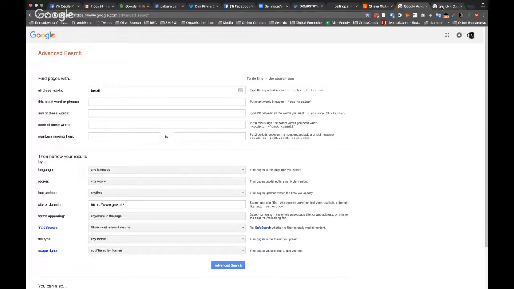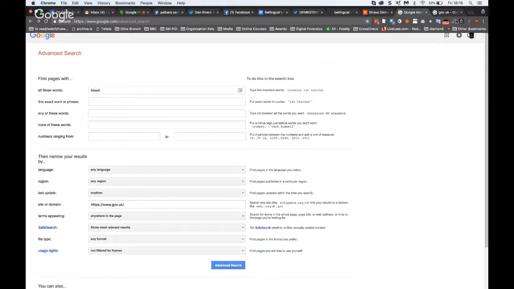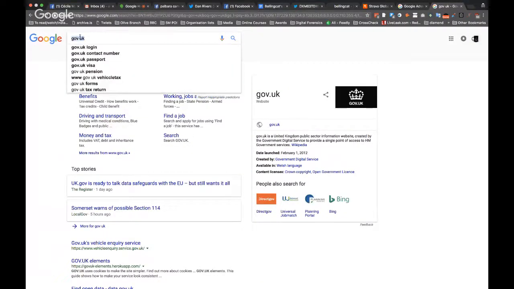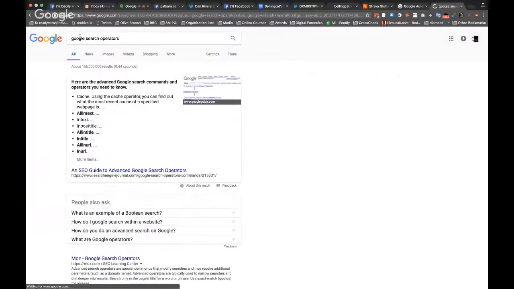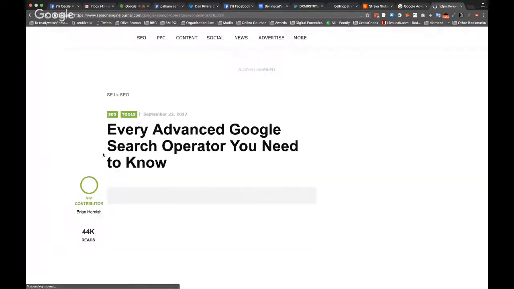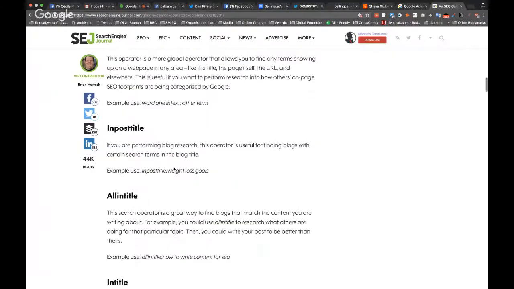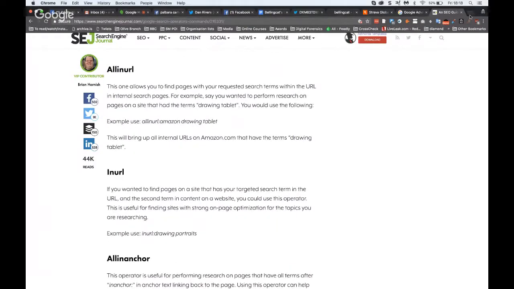But you can create those yourself as well. You don't need to rely on the advanced search, although this is quite useful. You can have what we call Google Search Operators, which I've sent to you in an email. Here you've got some examples. If you type Google Search Operators, they easily come up. But the most common one is, for